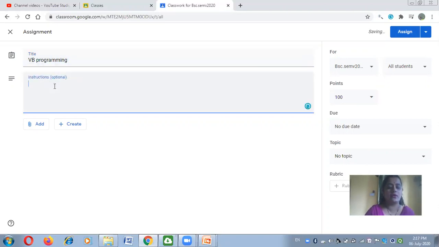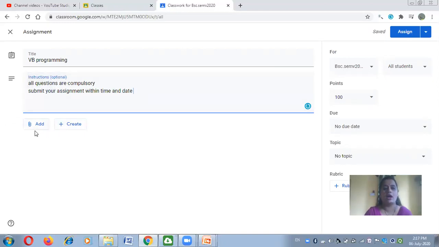For example, if you give the student an instruction while assigning, you just write: all questions are compulsory, then submit your assignment within time and date. So these are my instructions.